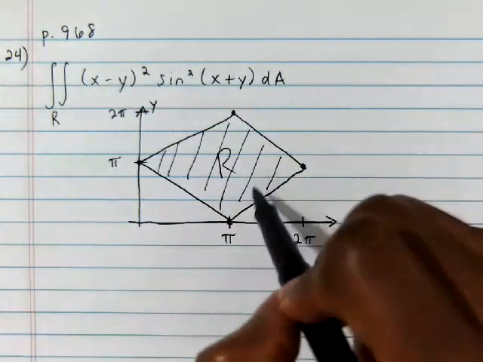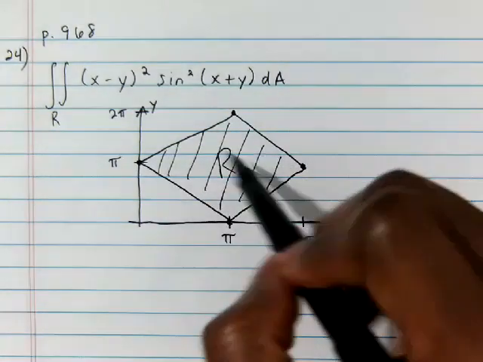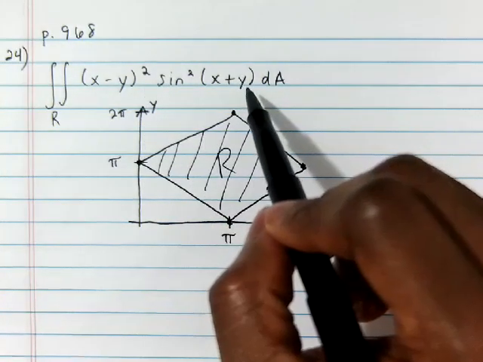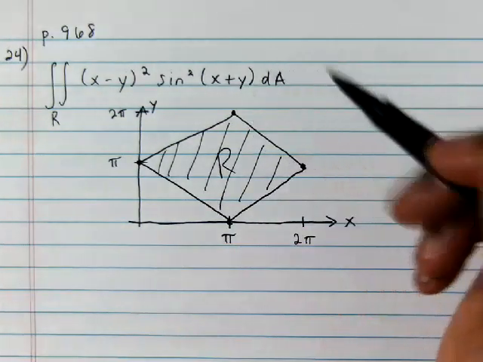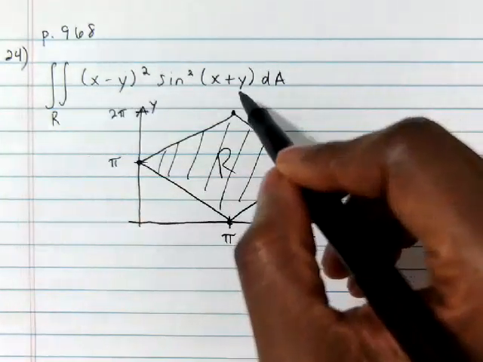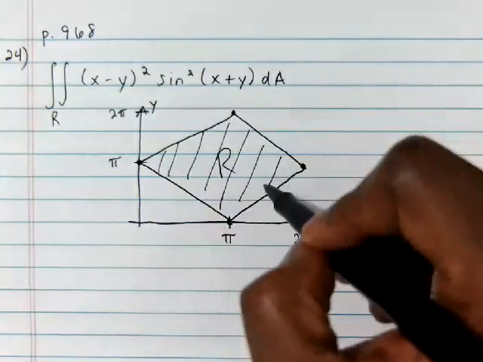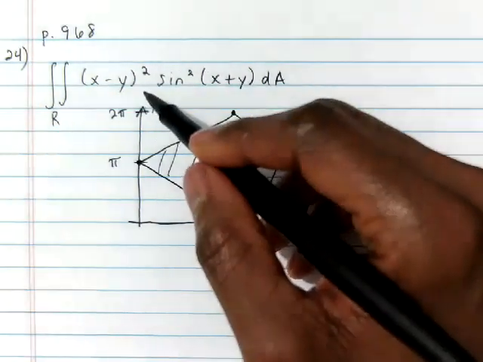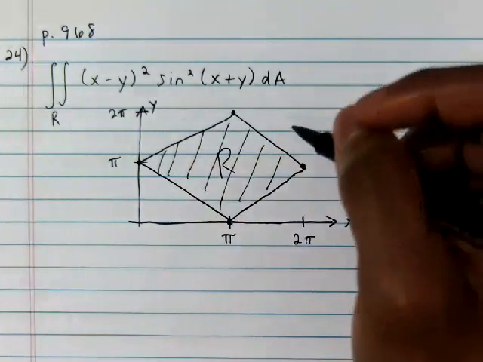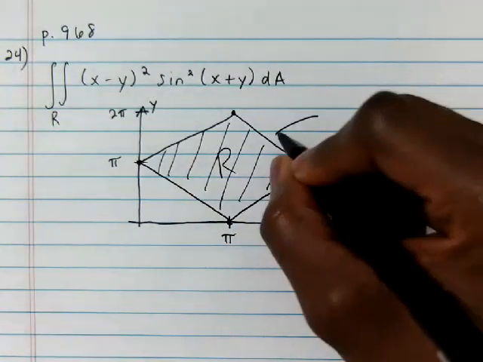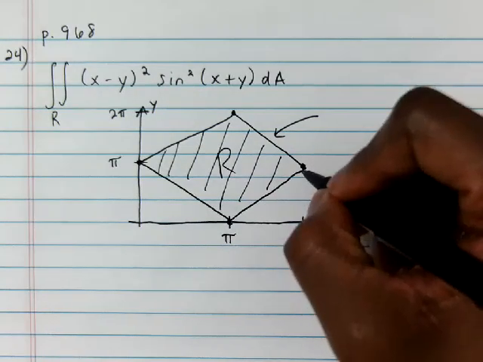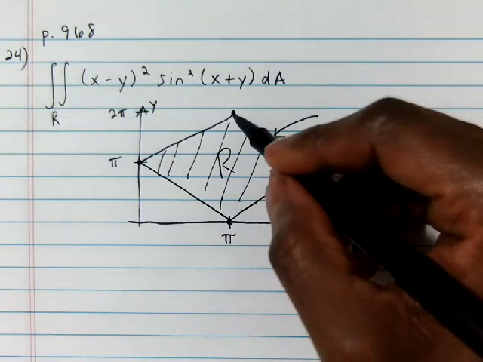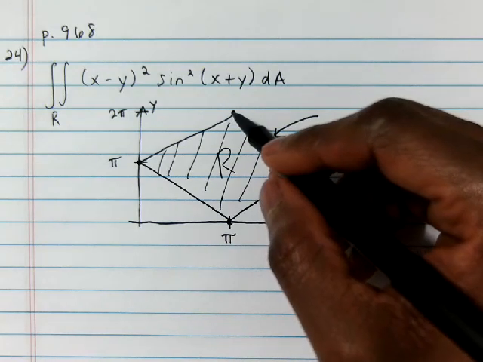But the bigger issue actually ends up being this integrand, because even if we split this up, trying to evaluate this integral will probably be a mess. So both the integrand and the region are posing us a bit of an issue. We're going to look at them in conjunction and see if we can simplify things. This line right here between (2 pi, pi) and (pi, 2 pi) will be the line